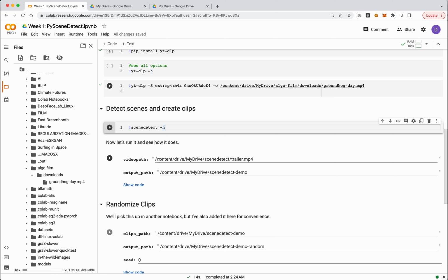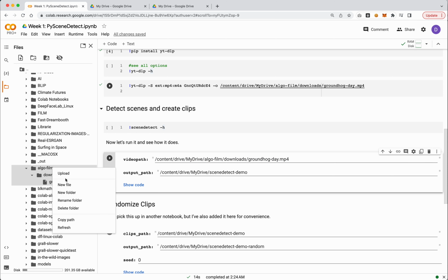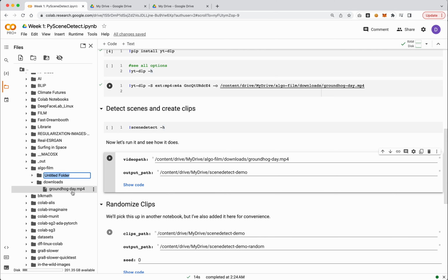And you'll see here, this is set up more like a GUI where there's just two input paths. So first off, we want to set our video path. The way to do that is to come over to our folder and just right click on the MP4 we made and hit copy path. And then we will select all of this and we'll paste it in. So this is the link to our folder. And then what we want to do here is let's make a new folder and let's just call it clips. So we'll call this clips.